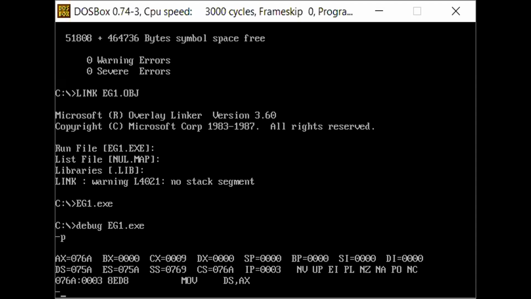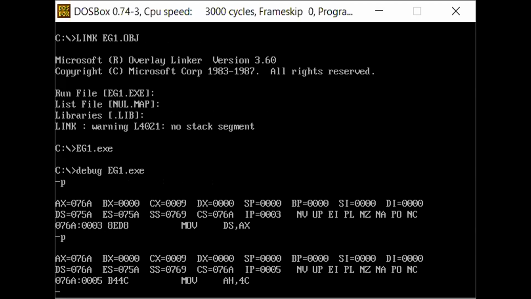Please, when you look at that particular screen, you can see all the registers which are available in 8086 processors. All remaining things are the flags. When we execute the next instruction, what will happen? The contents of the AX register are moved into the DS register. Earlier AX is 076A, DS is 75A. In the next step, you can see that the AX and DS registers both have the same value, right?